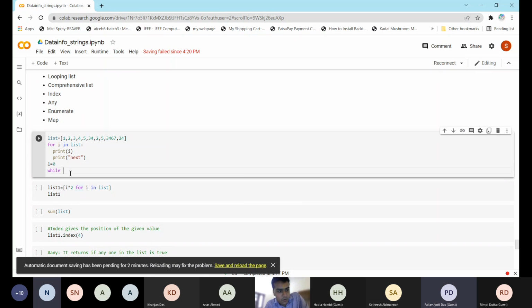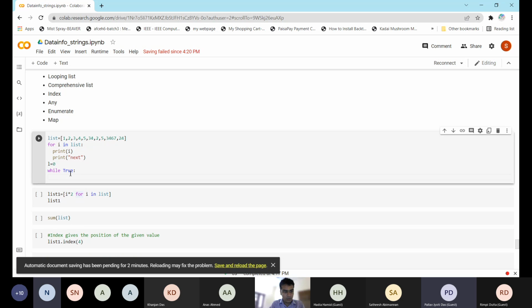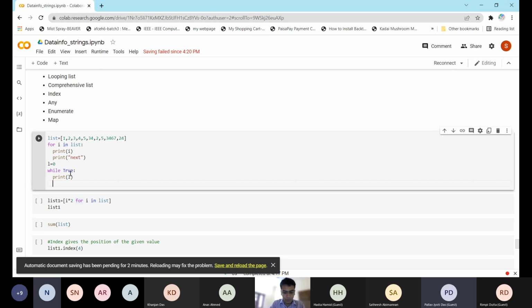So for iterating through a list, we're using a while loop. While the list goes through itself, L equal to 0. We already initialize. Print L, comma, print